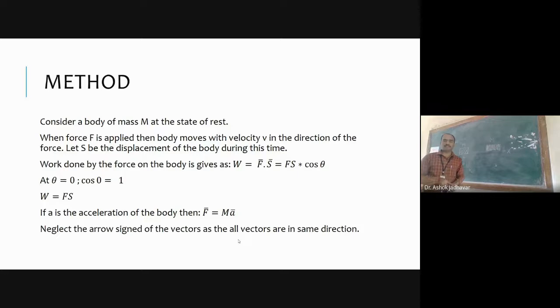Now we can also consider the work done during this motion by the applied force on the mass m. In the last lecture, we discussed the formula to determine work done, and that formula gives us W equals F dot S. Here we have F and S, both in the same direction. So the angle between force and displacement will be 0.